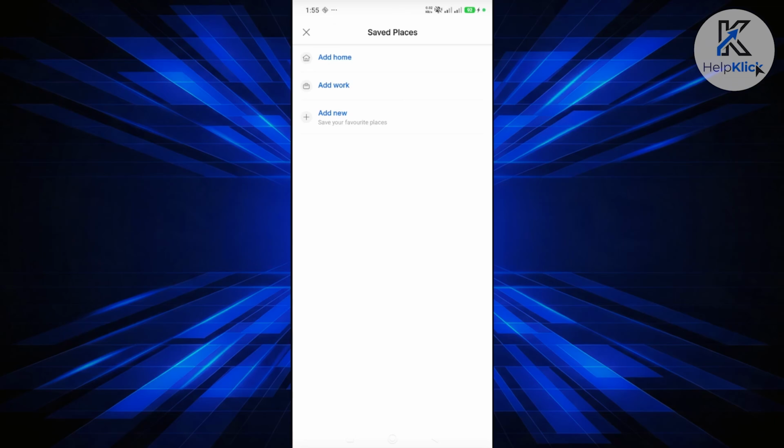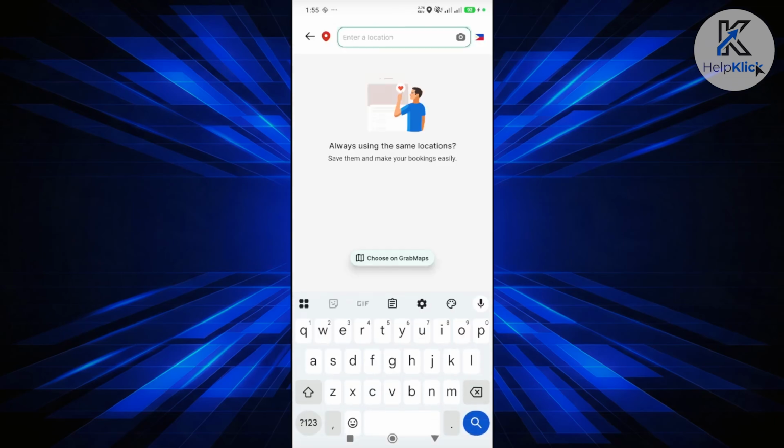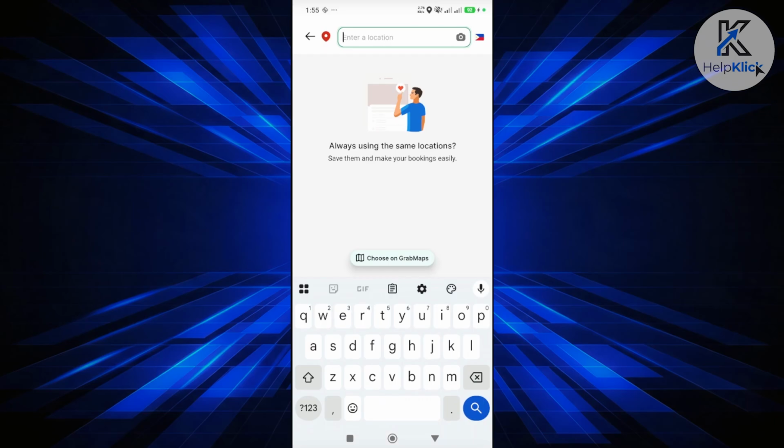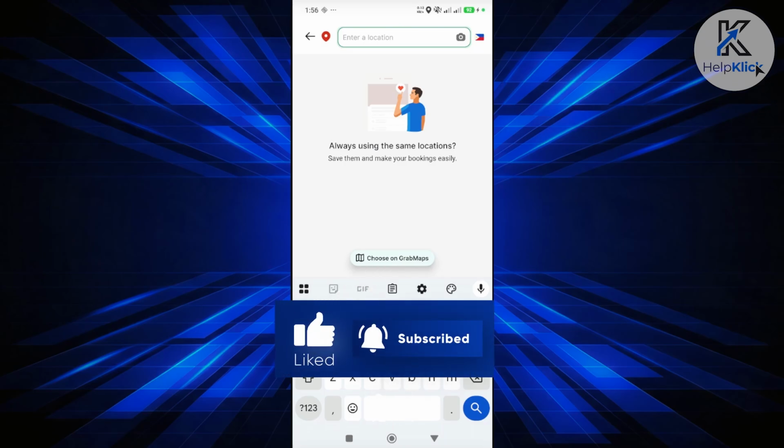Once you click one of them, it should give you the option to type in a location. So basically, if you want to set a specific hotel or home as a point where you are going to repeatedly go, you can just enter that address here, and you can click on Choose on Grab Maps at the very bottom of the screen if you want to just drag and drop the pin where you want to point that